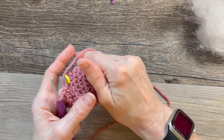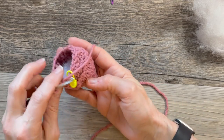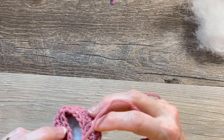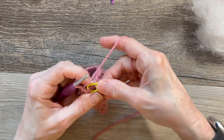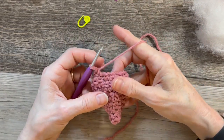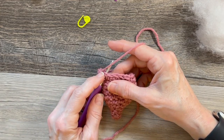I'm going to push it up into the top bit. Okay. All right, we have 18 stitches. Now we're going to go from 18 to 12. And it's going to be the same thing. We're going to do a decrease,